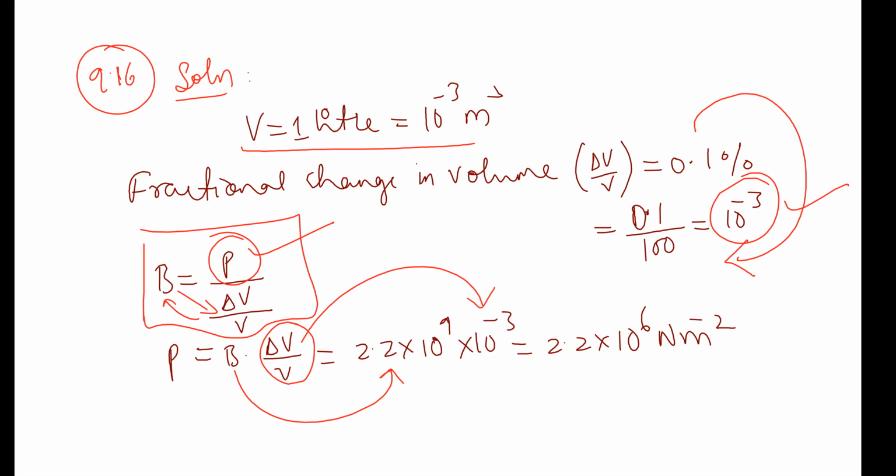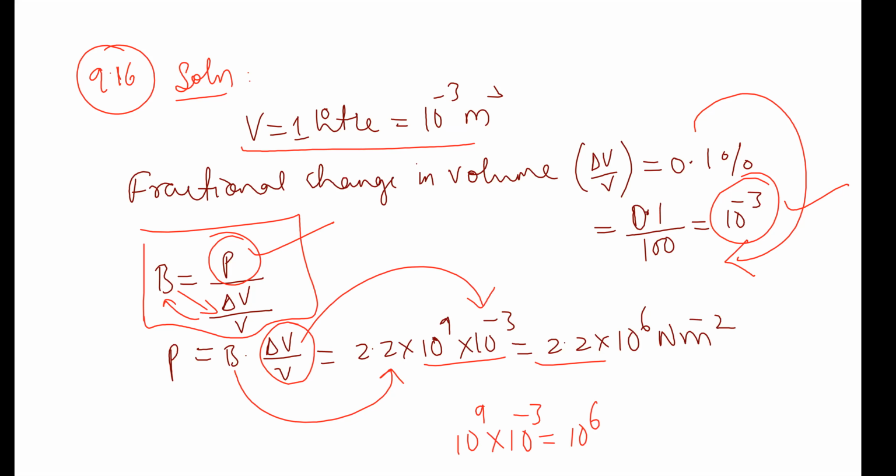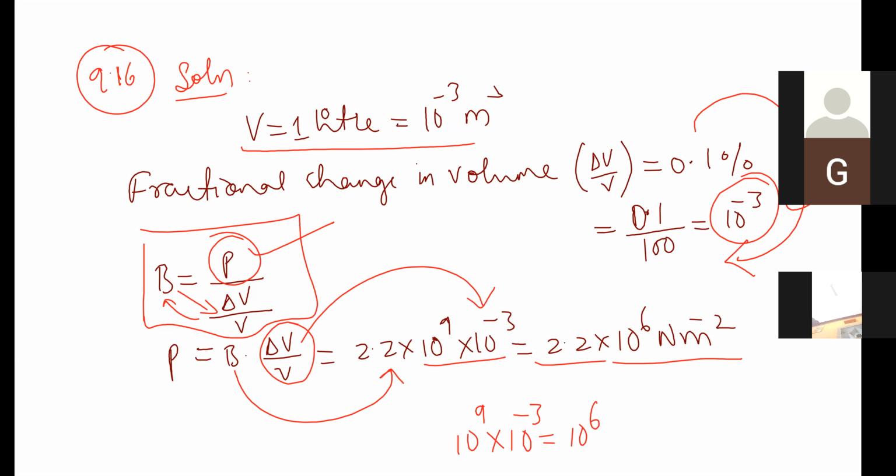So 2.2 into, ಇದು exponential form ಇದನ್ನ ಒಂದ್ ಕಡೆ ಇಟ್ಕೊಳ್ರಿ. So 2.2 as it is ಇರ್ತೀನಿ, ಇದು 10 ಹೆಂಗ್ ಬರೀತೀವಿ ಇದನ್ನ 10 to the power of 9 into 10 to the power of minus 3 ಅಂದ್ರೆ 10 to the power of 6 ಆಯ್ತು. ಅಂದ್ರೆ ಎಷ್ಟು ವ್ಯಾಲ್ಯೂ ಬಂತು, ಈ 2.2 as it is ಇಟ್ಟಿದ್ದೀನಿ into 10 to the power of 6 Newton per meter square ಅಂತ substitution ಮಾಡಿದ್ವಿ. ಸೊ ನಾವೇನ್ ಮಾಡ್ತೀವಲ್ಲೇ, ಆ 2.2 as it is ಇಟ್ಟಿನಿ, ಯಾಕಂದ್ರೆ ಅದು bulk modulus value ಅದು.